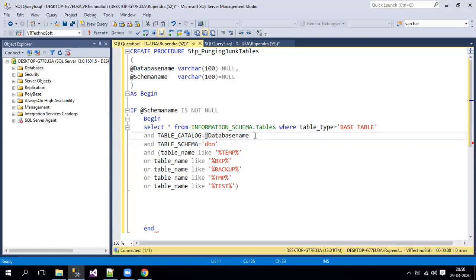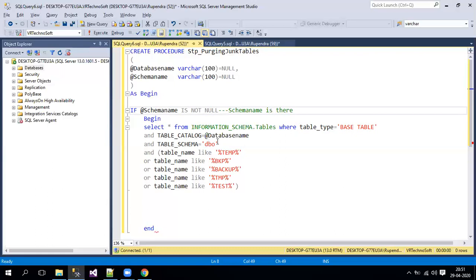Now next, the schema. What they are saying is, if it is not null, it means they are passing some value. So you can put a comment over here saying that schema name is there, or you can put some other comment also, like schema exists.